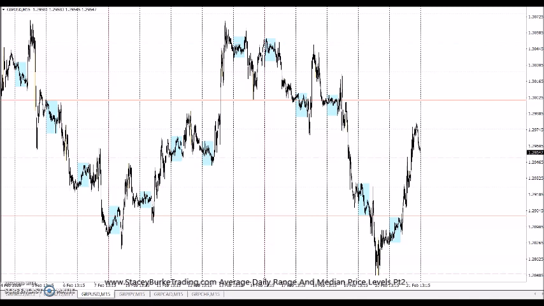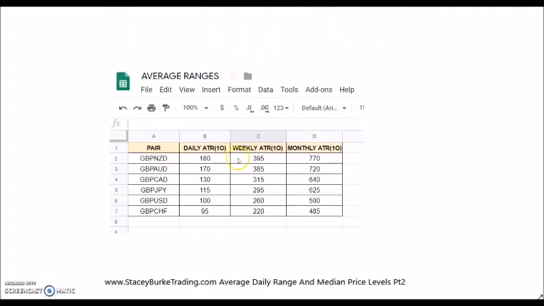Continuing our discussion yesterday on average daily range and median price levels, and also we'll look at the weekly cycles as well. Yesterday we talked briefly about using the average daily range in part of our projections once the market's open, possibly of areas where the market could move to, but also heading into each equity session, particularly after the London has traded and into the US, whether or not we maybe have already met or exceeded the daily average range.